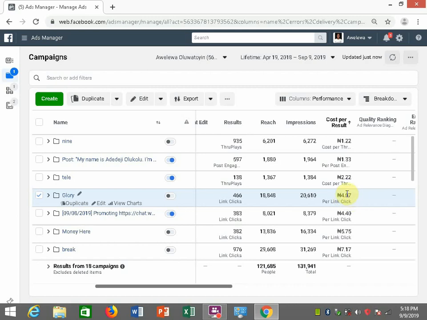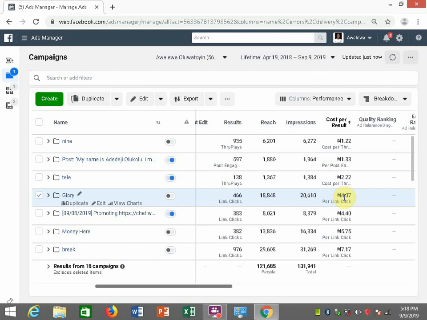You see, this singular cost per click, this singular metric, this singular number or amount here is a product of all the activities you have put into your ads, from the targeting to the gender to the location to the advert image, the name of your page, your call to action button, your advert text, your headline.